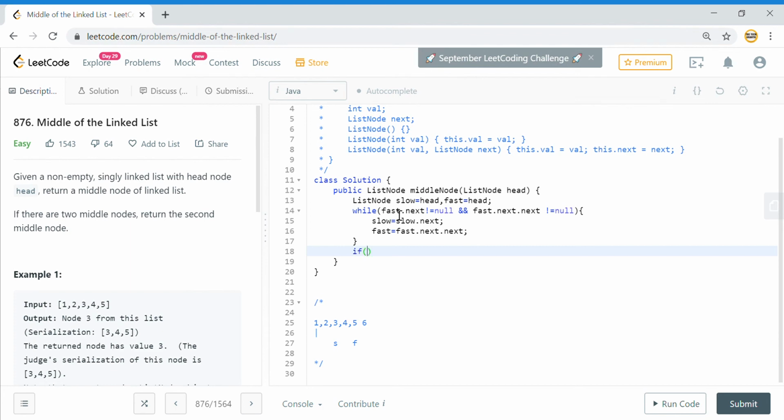So we can put a condition here that if fast dot next is not equal to null, then in that case we need to move the slow pointer one more step because it says to return the second middle node. So slow equal to slow dot next, and that's it. We will just return the slow pointer which will be the middle pointer.